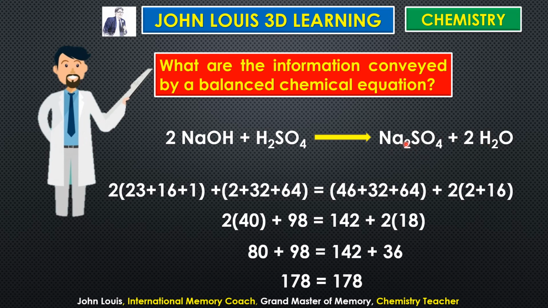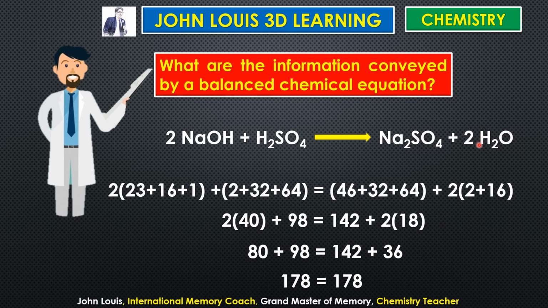Now, let us try to find out the total mass of the products formed. Here, sodium sulfate. So, 2 sodium, atomic mass of 1 sodium atom is 23. Therefore, 2 into 23 is 46. Plus 1 sulfur, atomic mass 32. Oxygen 16, there are 4 oxygens, therefore plus 64. Therefore, what is the molecular mass of sodium sulfate? 46 plus 32 plus 64 is equal to 142.